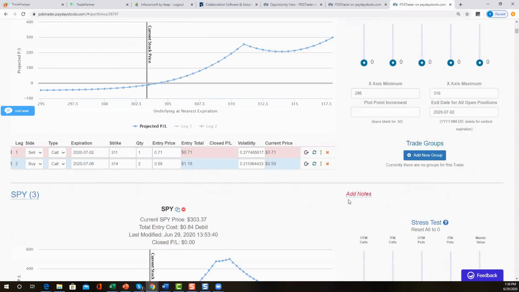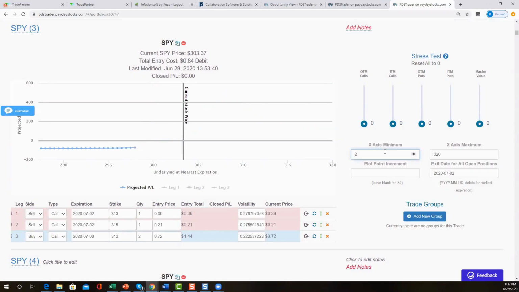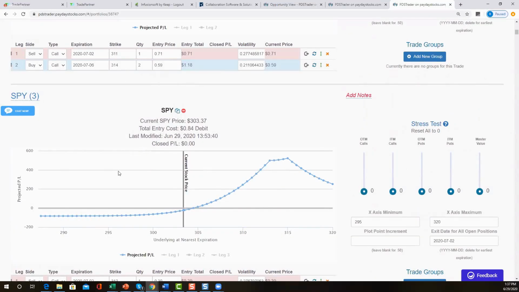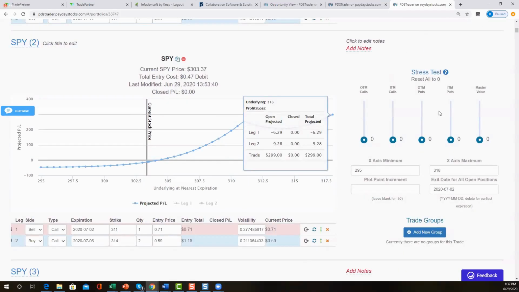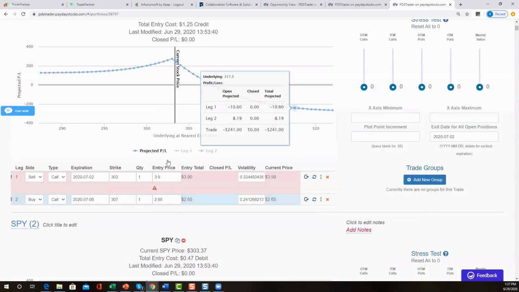Here's the other bullish trade. And this is trading at a debit of 84, which it was trading at before the call. It's now trading at a debit of 76 because the market's come down a bit. All right, let's change the perspective on this one just a bit because you want to see the two trades from the same perspective, which is 295 and 318 on the first one, and so I did 295 and 320 on the second one.